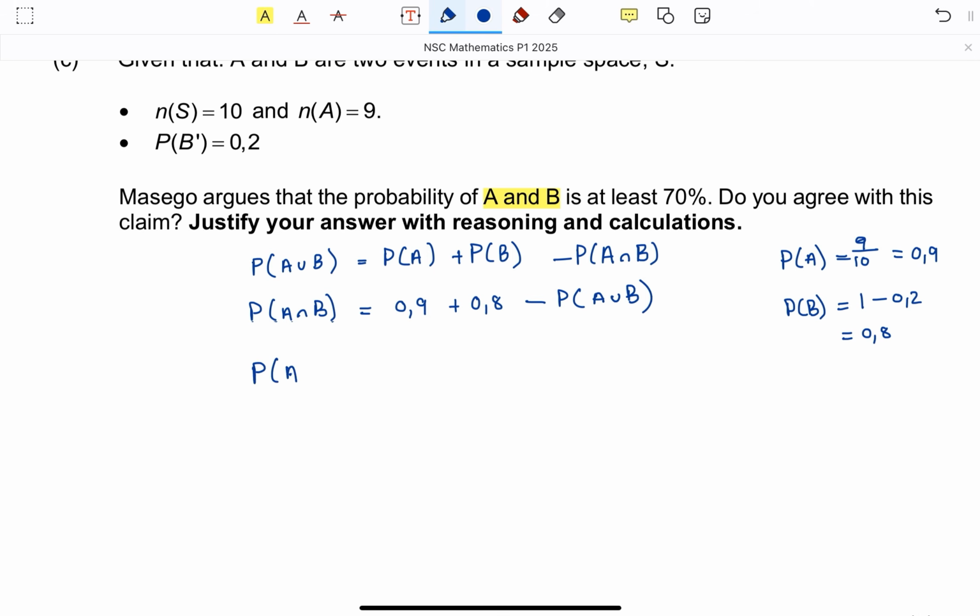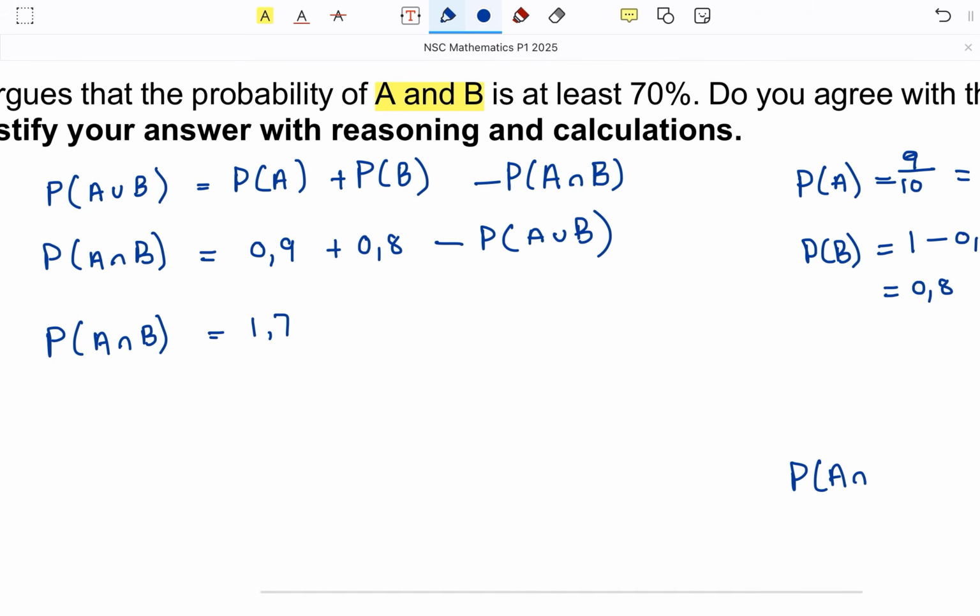So if I simplify this a little bit, I've got the probability of A and B, which is now 1.7 minus the OR part. OR means that either the one event or the other one would happen. So the OR part, the probability of A or B,